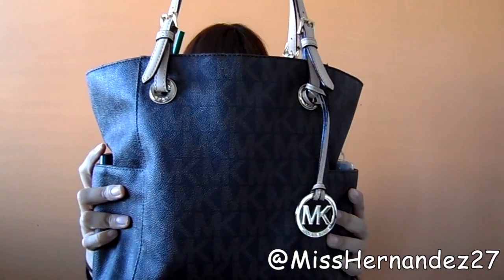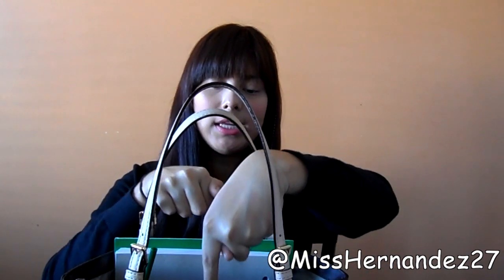So the bag that I have is this Michael Kors tote bag. I don't know the exact name for it, but I'll link it down in the info bar if you guys are interested. I love this bag. I am more of a tote bag. I don't really like backpacks, and for me, the biggest thing to have for a tote bag for my school is side pockets. Like, if it doesn't have a side pocket, it irritates me, and I don't use it for school. So this bag has two side pockets, and then it has two main pockets, and then it has this